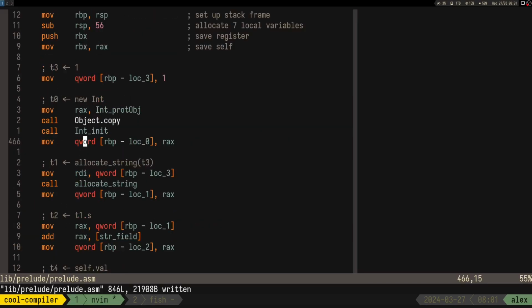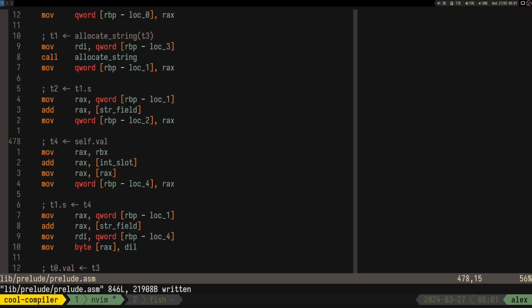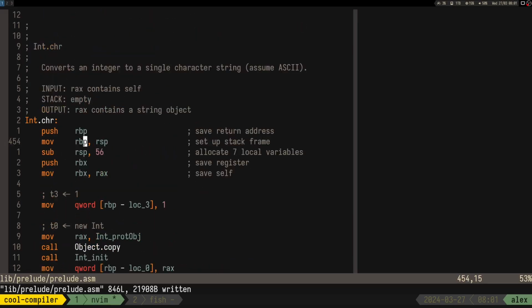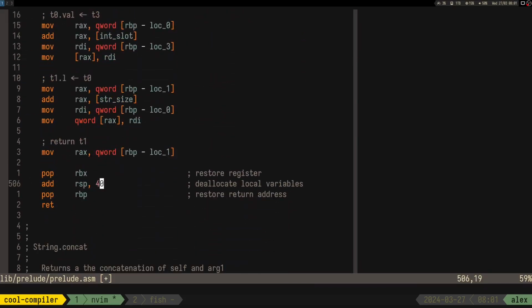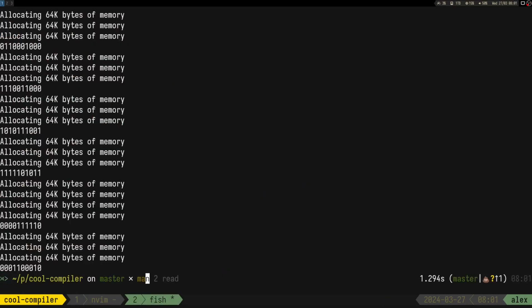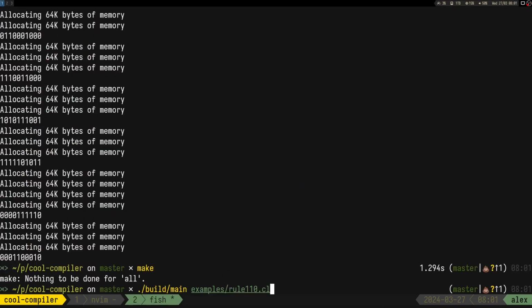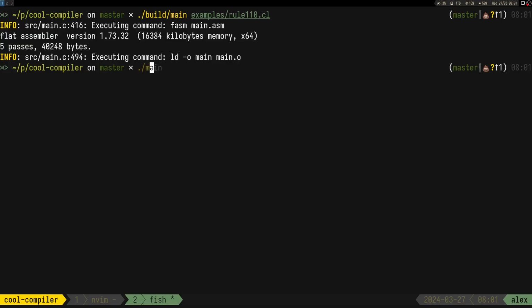And how many variables did we use this time? 4 variables. So we can say 5 here, right? And it's going to be 40. Again, to keep the stack aligned. Alright, so make won't do anything, obviously. And if we recompile this and run it,